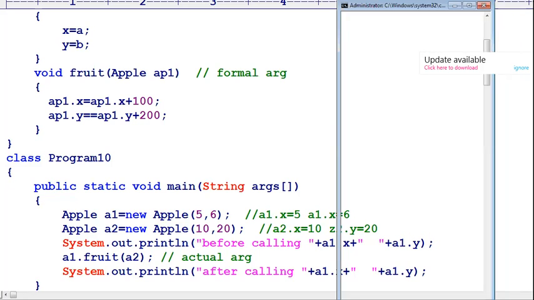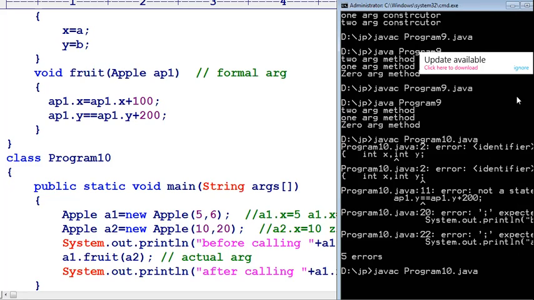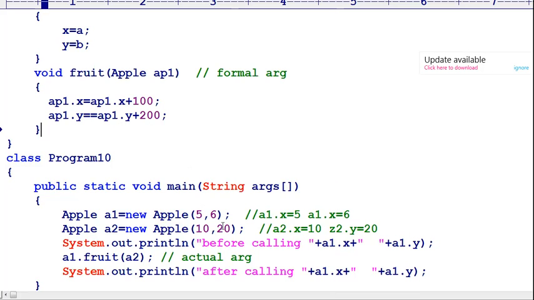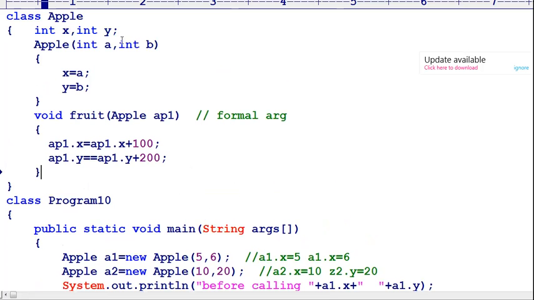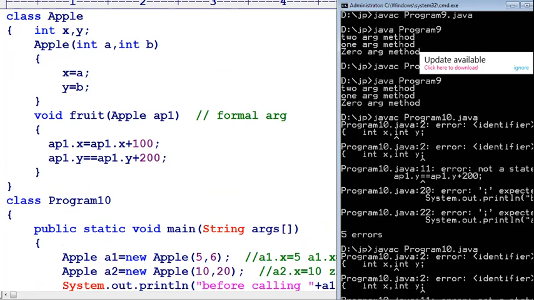After modification in the program, I am saving the code. Let's go for Java Program10. It is a wrong statement. The class members can be declared in a group manner.